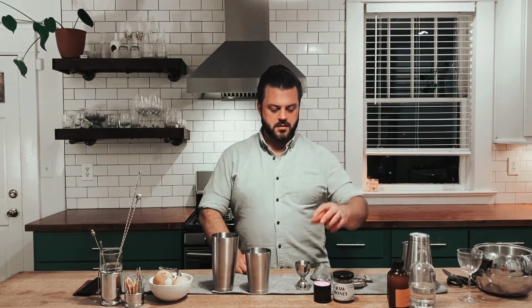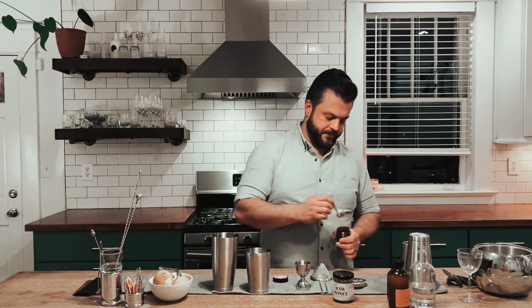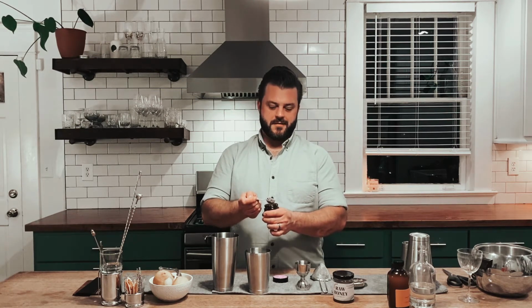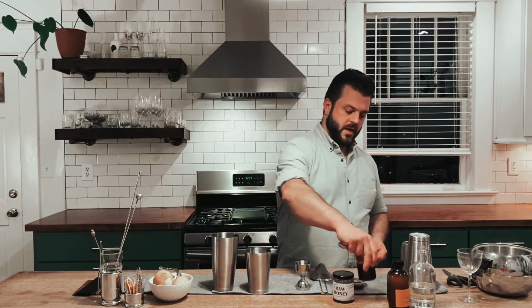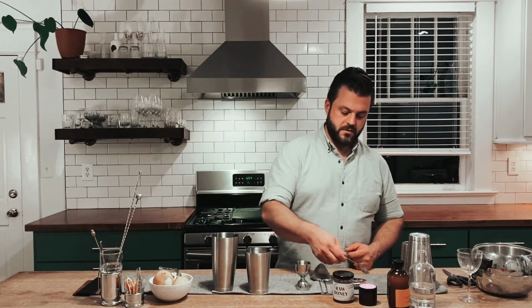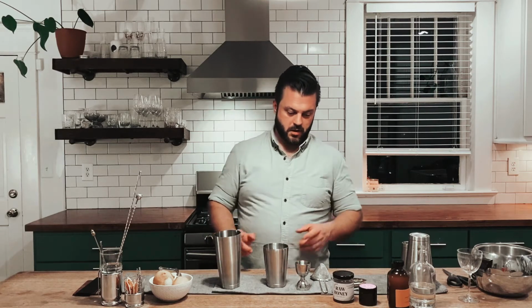So you're going to make your honey syrup the same way as you did previously, and add a teaspoon of your dried lavender buds. Once it's all heated and mixed together, take it off of the heat, let it steep for 8 minutes, and then strain out the lavender. And you will have a really lovely syrup that you can use for lots of cocktails. We'll start with our lavender honey again,